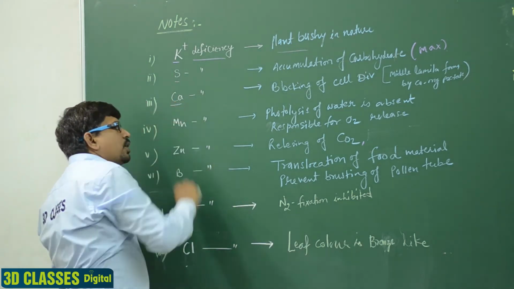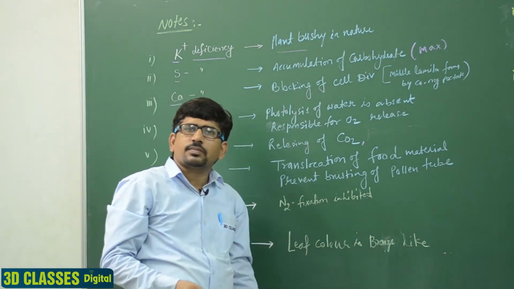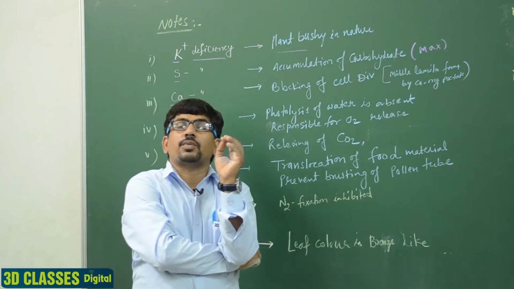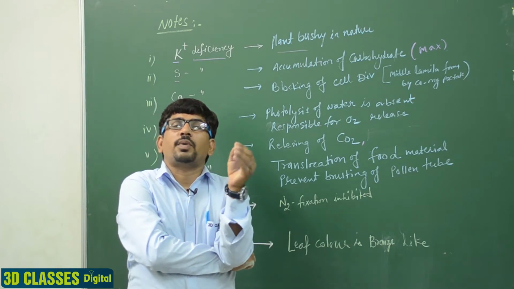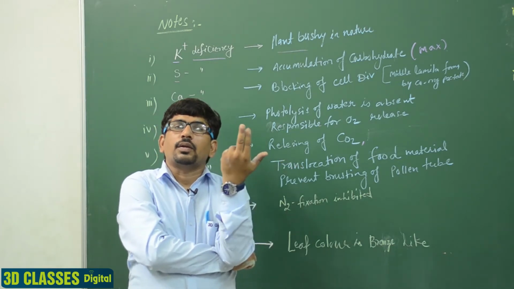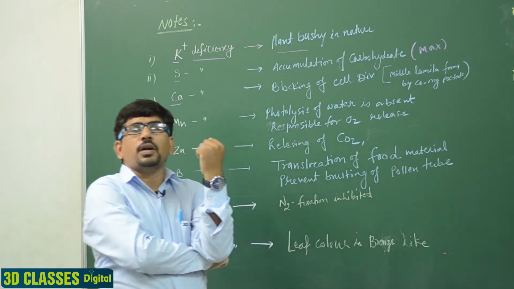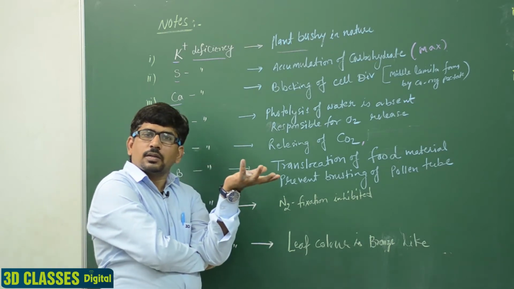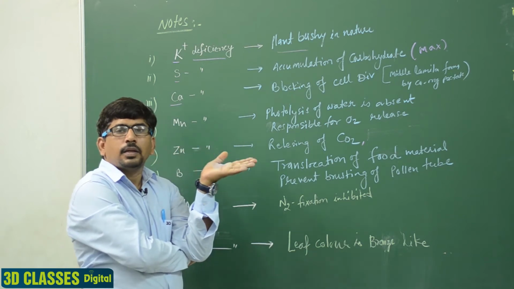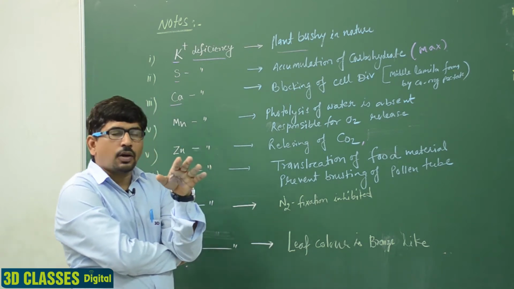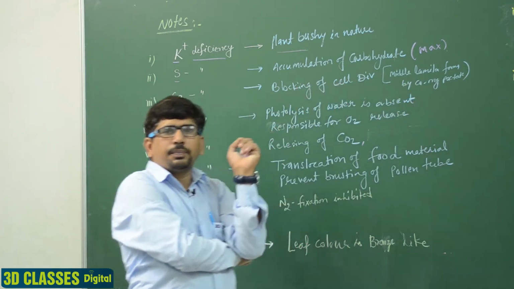Next, calcium. You know very well about calcium. Calcium deficiency blocks cell division. It inhibits cell division, because you know very well that the plant cell wall is made up of calcium magnesium pectate. When cell division occurs in the cytokinesis process, the middle lamella is formed. The middle lamella is made up of calcium magnesium pectate particles. Due to the deficiency of calcium ions, cell division is inhibited or blocked, because the middle lamella is formed by calcium magnesium pectate particles. Clear?